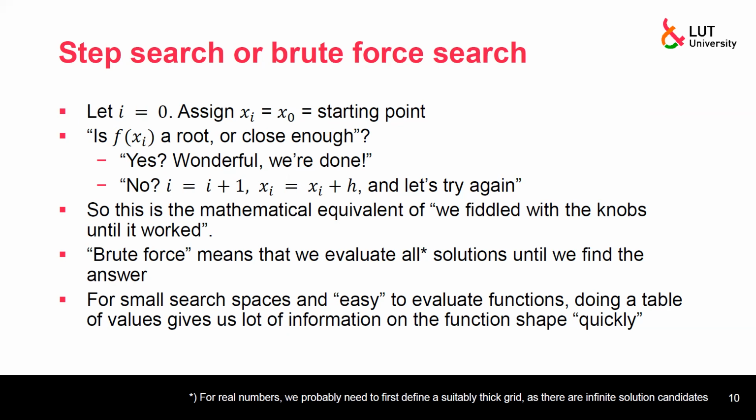If our search space is small and the function is well behaved, this doesn't really matter. It's really simple to implement, and we can quickly go through a large list of values. And of course, if we're looking for a root, then we might notice that if the function changes sign, so if we start from positive values and now we're going to a negative value, we know that we have gone past the root, and we might want to change the search direction and halve the step size, so we'll actually end up with the bisection method,